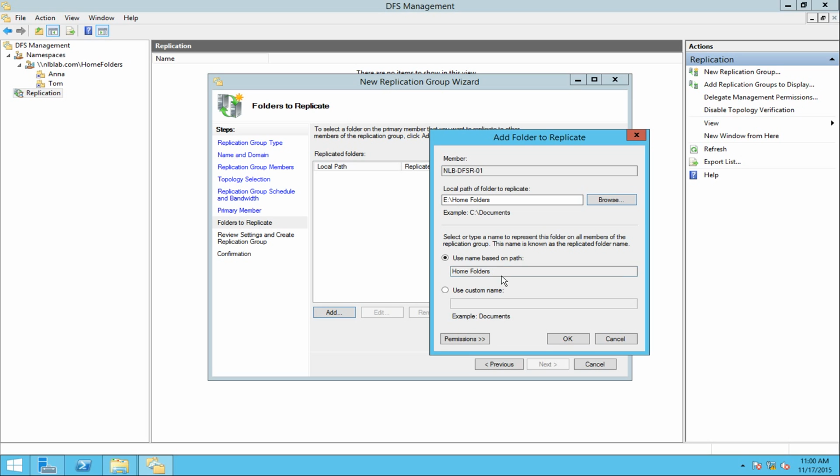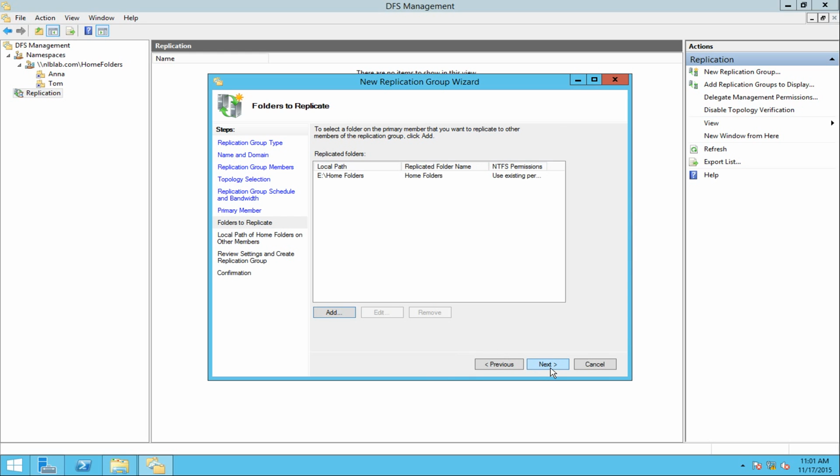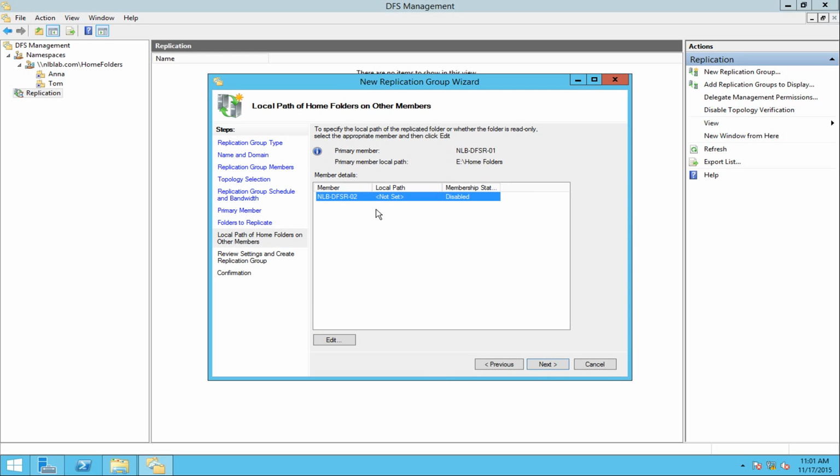The name is going to be based on the path name. If you want, you can create a custom name for that replication. You can even change the permissions, but I want to keep the existing permissions because I've already set that. And I'm going to click OK and click next. So the primary member will be DFSR01 and the primary member local path will be E:\home folders, and I have to set the local path on